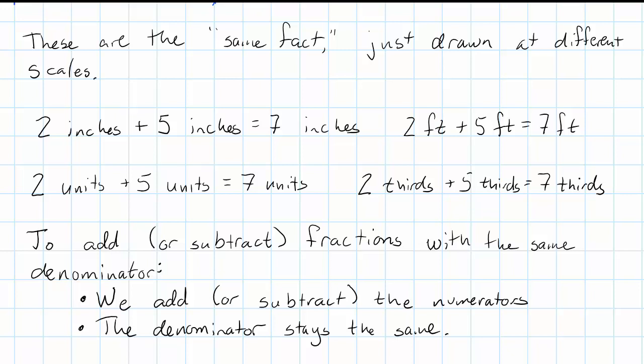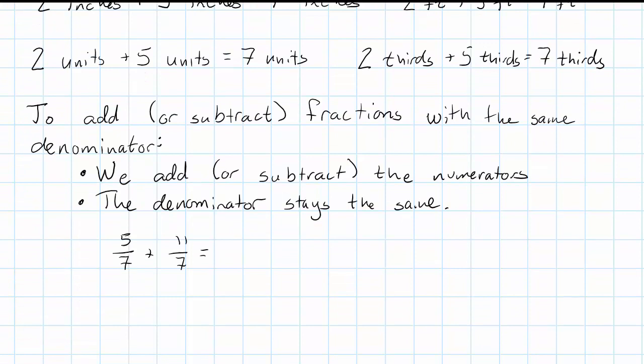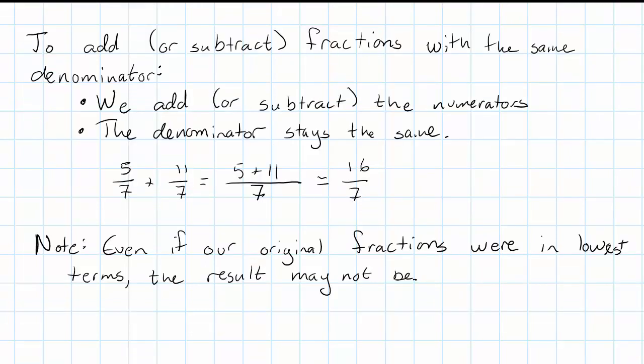So just to show you an example without the picture, to add 5/7 plus 11/7, we'll add the numerators, and the denominator stays the same. 5 plus 11, of course, is 16. This works out to 16 sevenths. Notice, even if the two fractions that we started with were in lowest terms, the result, the sum or the difference, might not be. For example,